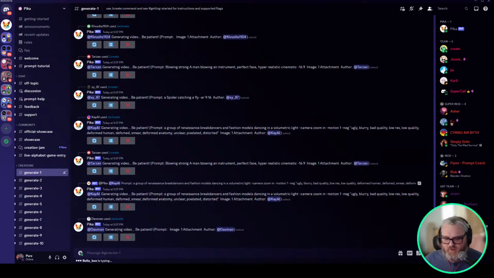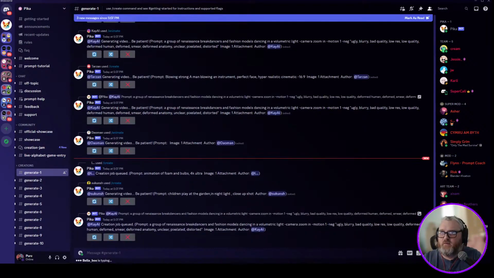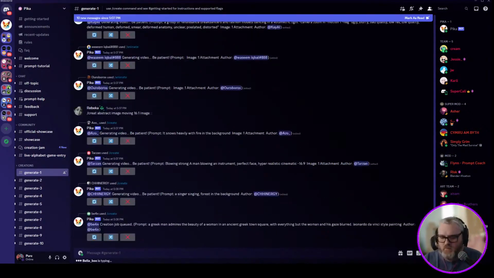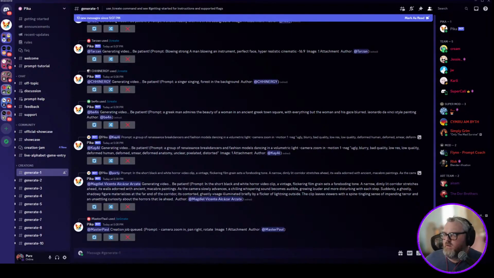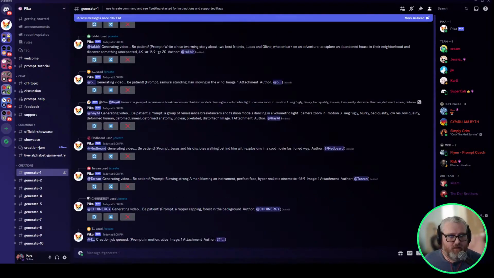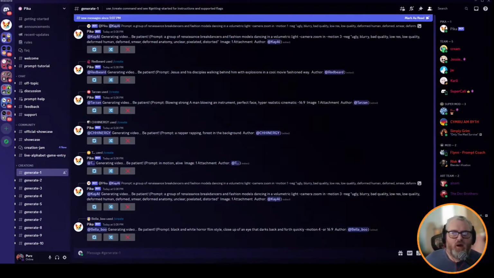I wonder if I can just find the Hugging Face space. Hugging Face, ControlNet, QRCode. I saw it on Twitter. QRCode. I think this is the link here. That should come through. There we go.